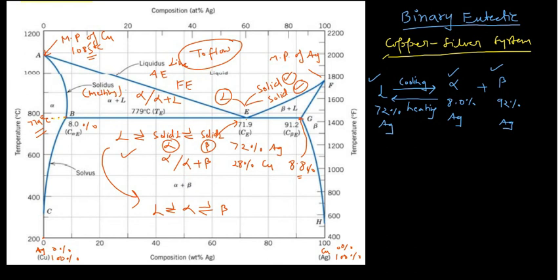So guys, in the next class, in the phase diagram I am discussing only these three: water, sulfur and this binary eutectic system, and other systems I am not going to discuss. But in the next class I will discuss all those problems which have been asked in the CSIR NET, GATE and the IIT examinations, and these numericals would be very helpful for the BTech student, because they may have questions based on this in their examinations also. I hope you understood the thing. So that's it for today, guys. Thank you very much.